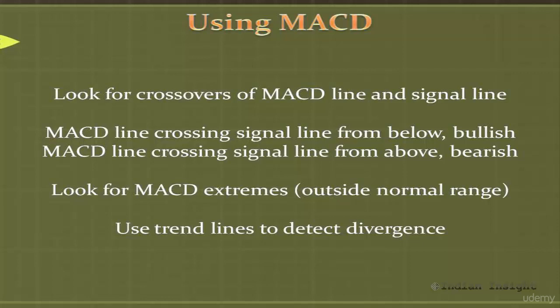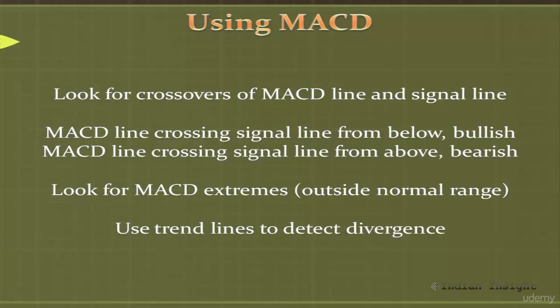The second way to use the MACD indicator is to look for when the MACD is outside its normal range for a given security. This may be seen as an indication of an overbought or oversold condition. However, you cannot use this directly as a signal to buy or sell, as an overbought or oversold condition may persist for very long. In fact, you would need to combine the signal with other patterns to form a definitive conclusion for trading.